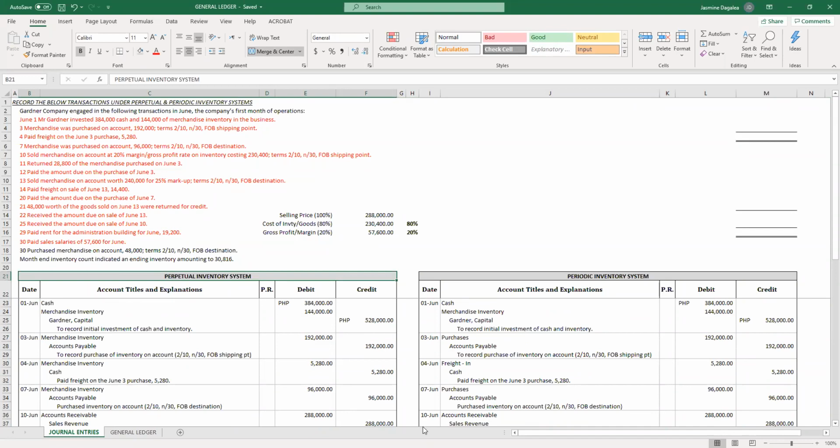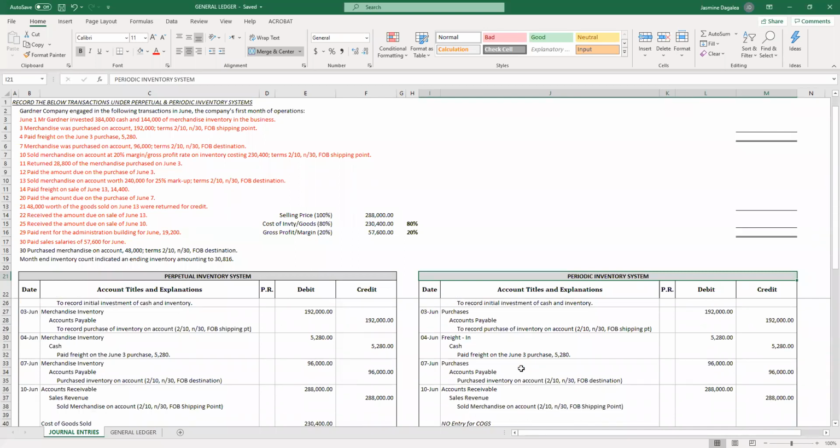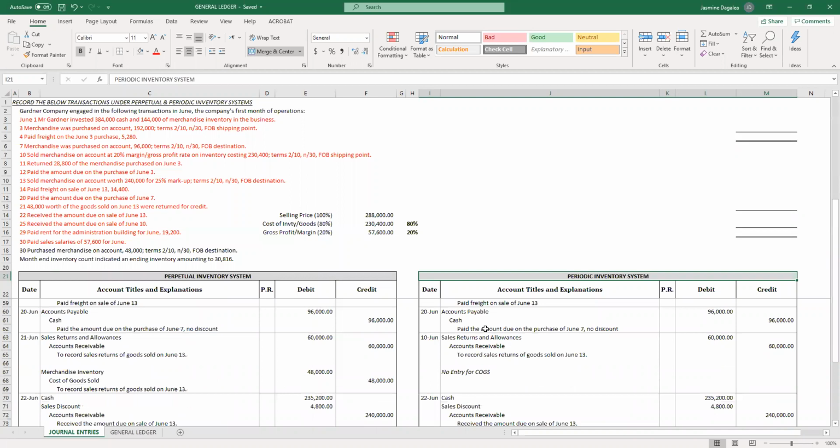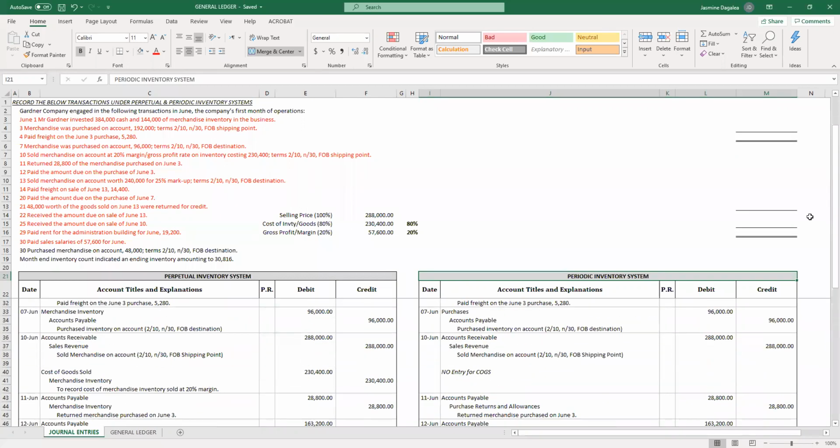Under periodic, may purchases, may purchase discounts, may purchase returns and allowances. Pag may binili kayo, you debit merchandise inventory under perpetual and purchases under periodic. So, pag i-post nyo yung transaction,